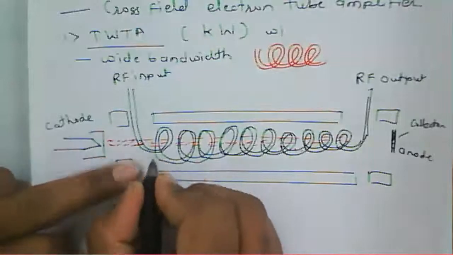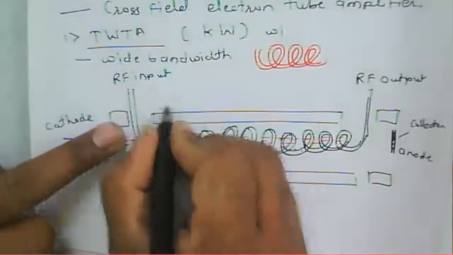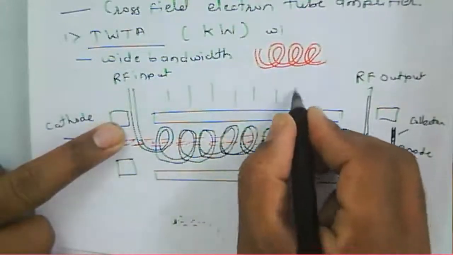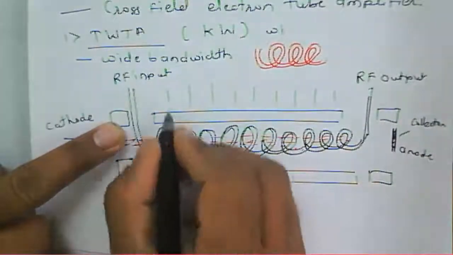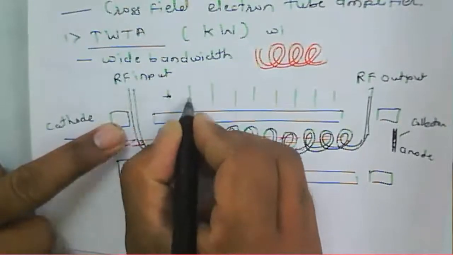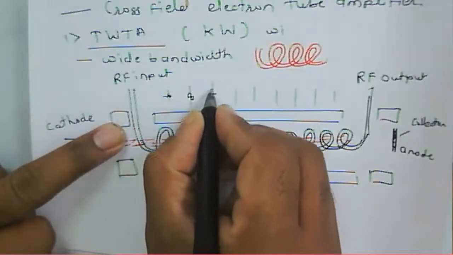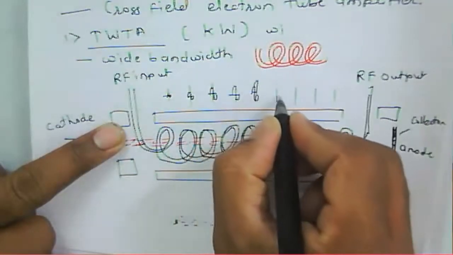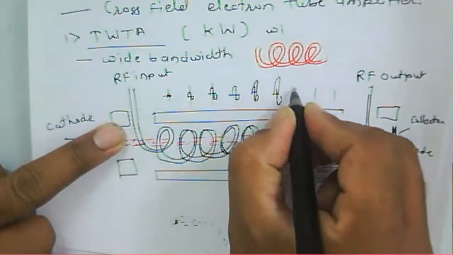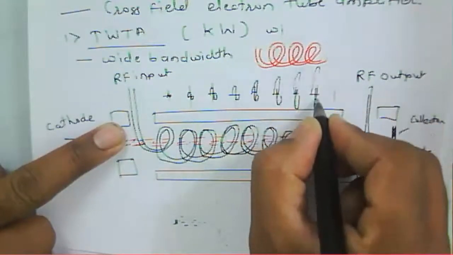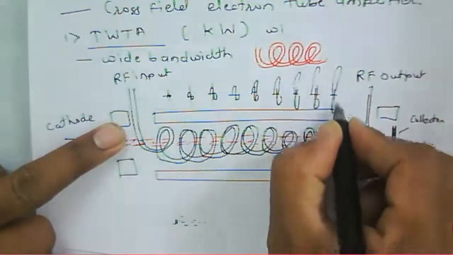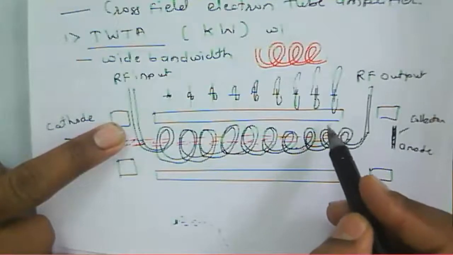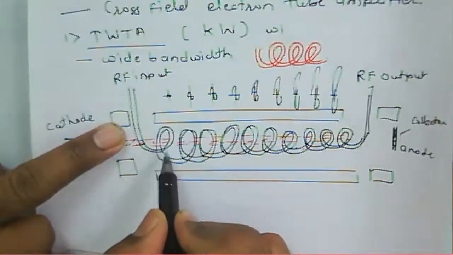Now, you can see the amplification at each and every helix. Your signal gets amplified at each and every turn. Even a smaller signal will be amplified likewise, so amplification takes place at each and every level, and the signal gets amplified through this helix, because the electrons provide their energy to